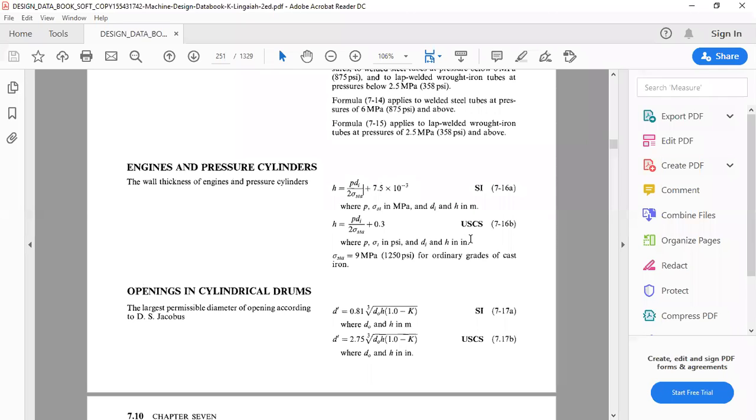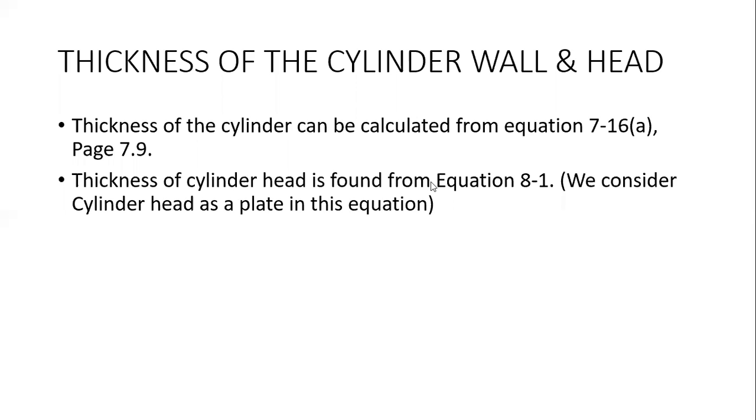Let's go back to our presentation. And the next one is the thickness of the cylinder head. The thickness of the cylinder head, as I have told you, we consider it as a plate, a plain plate. And on that, we usually mount all these things. We make it as a plate first. In our design, we make it as a plate and then slowly build up all the things over the cylinder head, over that plate for the cylinder head.